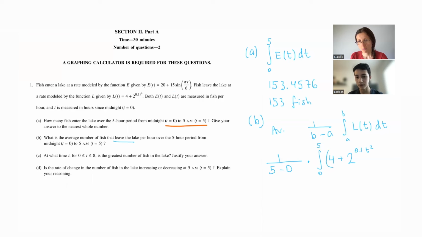And this should essentially give the average number of fish that leave the lake per hour, because to the right of the 1 over 5 minus 0, we have the total number of fish that leave the lake over 5 hours. So when we multiply by 1/5, or divide by 5, it's essentially taking the average number of fish for each hour. So this total leave is similar to what we did in A, total enter, but here we divided by the time interval. Okay, and again, we can compute it on the calculator, and we will get